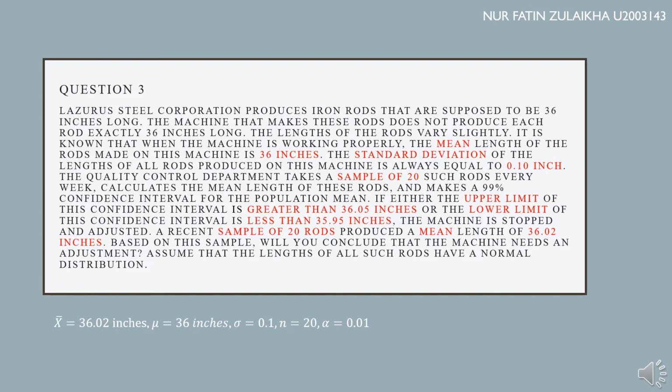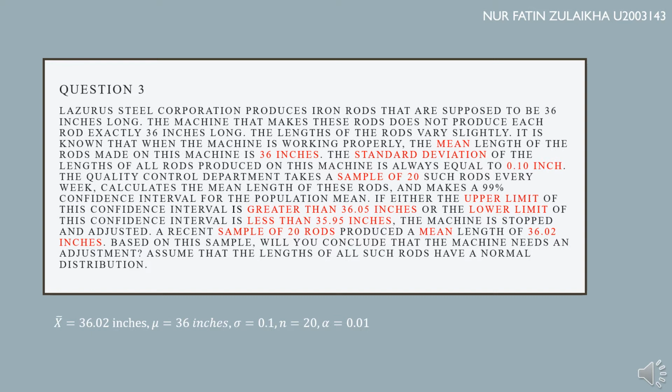The question asks us to calculate the mean of the rod and make a 99% confidence interval for the population mean. It stated also that if either the upper limit of this confidence interval is greater than 36.05 inches or the lower limit of this confidence interval is less than 35.95 inches,